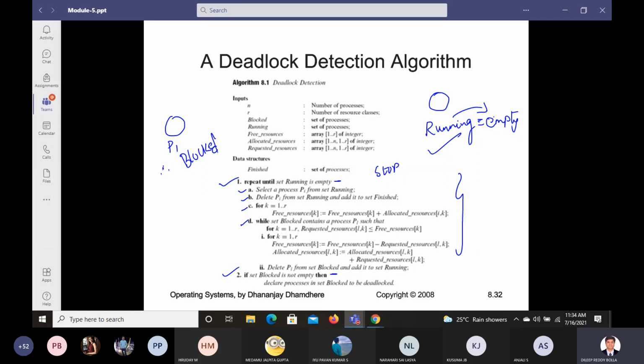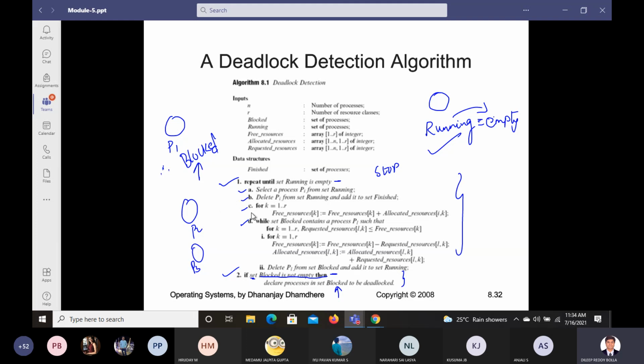If it is blocked for too much time, and the blocked state is not getting empty, P1 is blocked, later P2 is blocked, later P3 is blocked, different processes keep getting blocked. If the set blocked is not empty, then we declare the processes in the set blocked to be deadlocked. Based on this condition, we can say that we have got a deadlock.